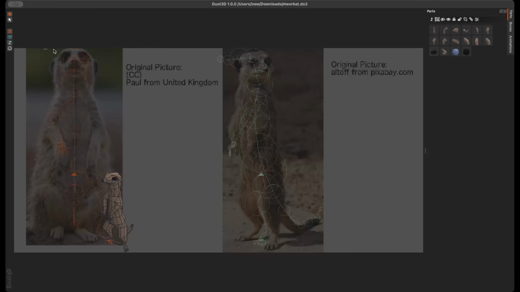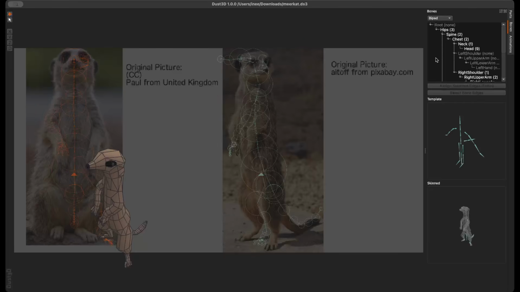So once you have this modeling part done and you have this low poly model generated, you go to the new tabs, which you can see at the top right. They are bones and animation. You go to the bones, and then you will see a drop-down list which has the 7 types of creatures you can select, which is the rig type. Once you select, for example, here you select the biped,